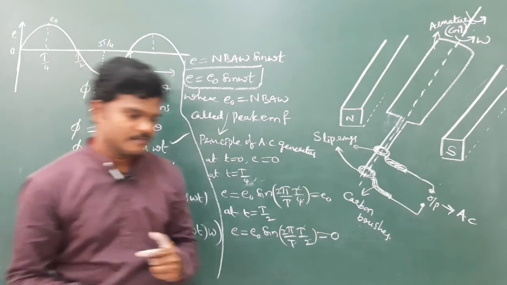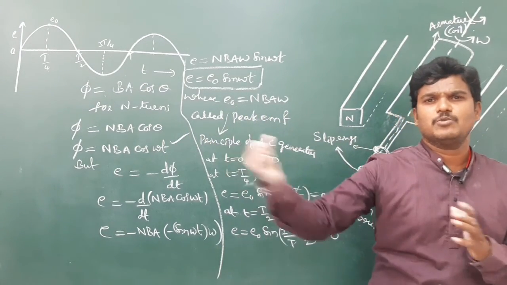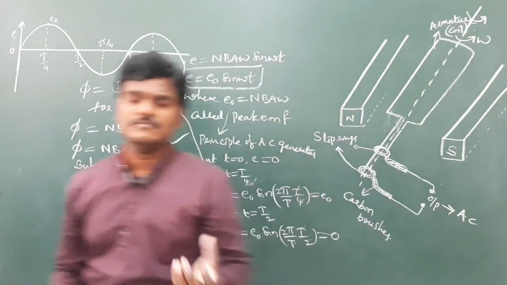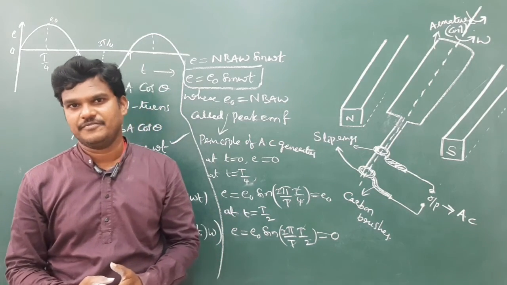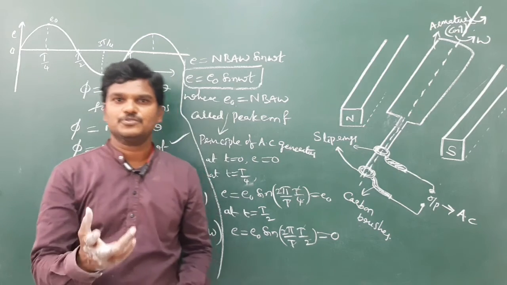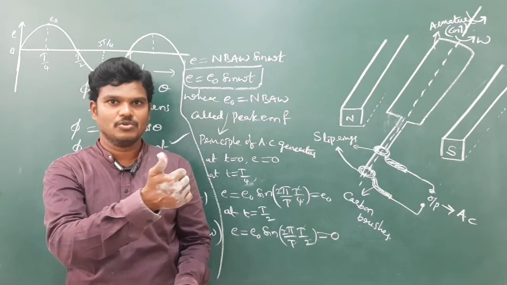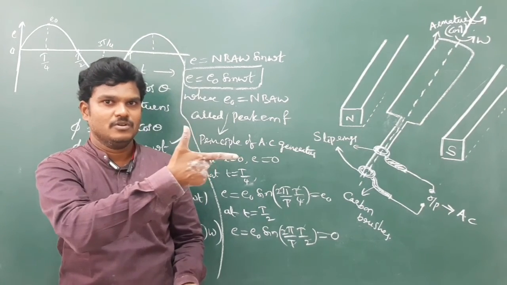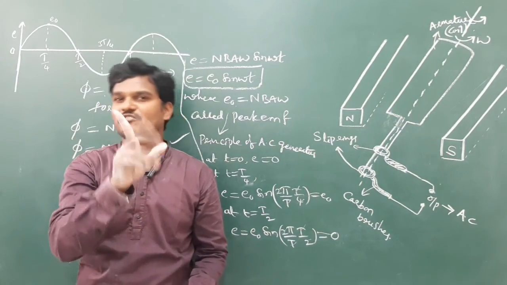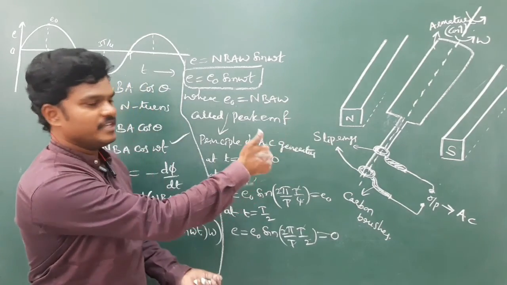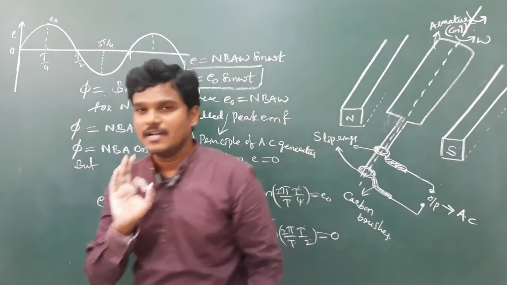Later we covered motional EMF. Motional EMF is nothing but the EMF induced in the rod when a moving conductor cuts the magnetic field lines. To find the direction of induced current, I use the right hand palm rule. Don't confuse it with Fleming's right hand rule. Otherwise, the V cross B rule is easy to identify the direction of induced current.